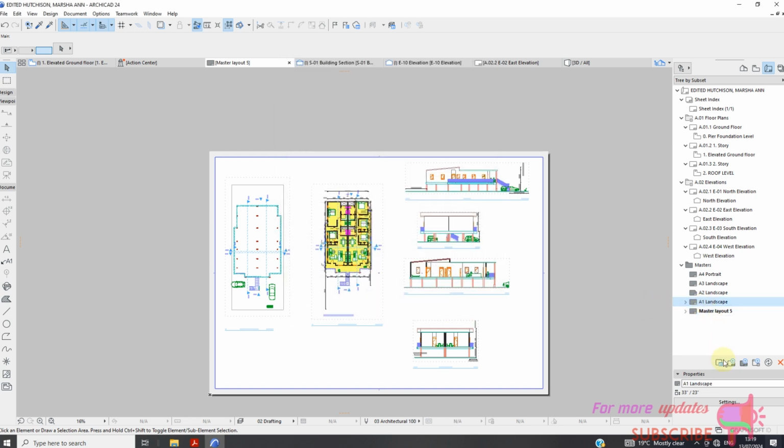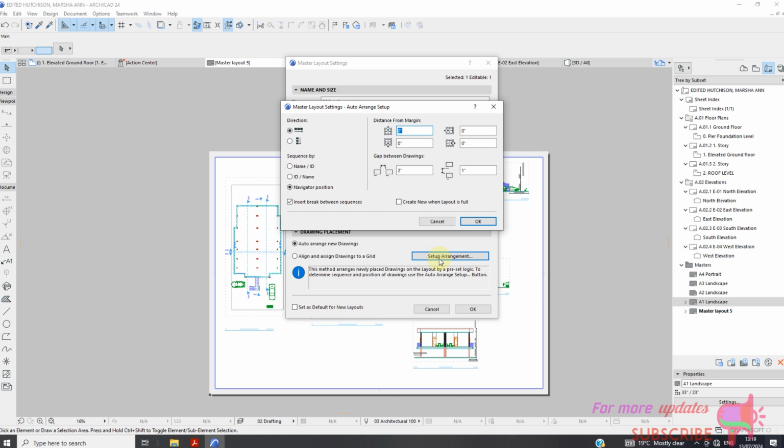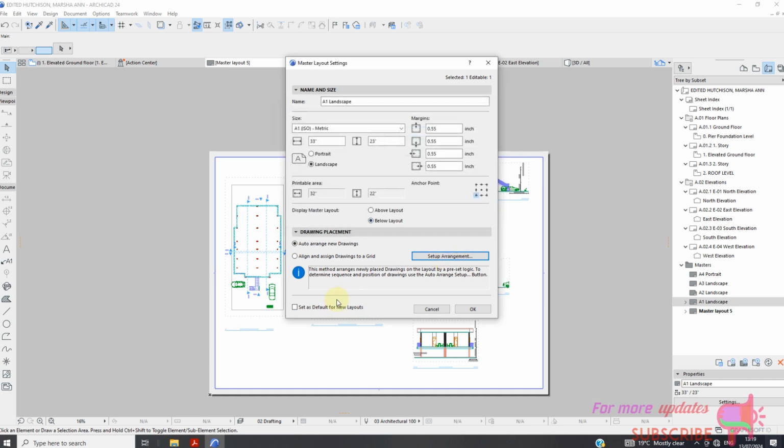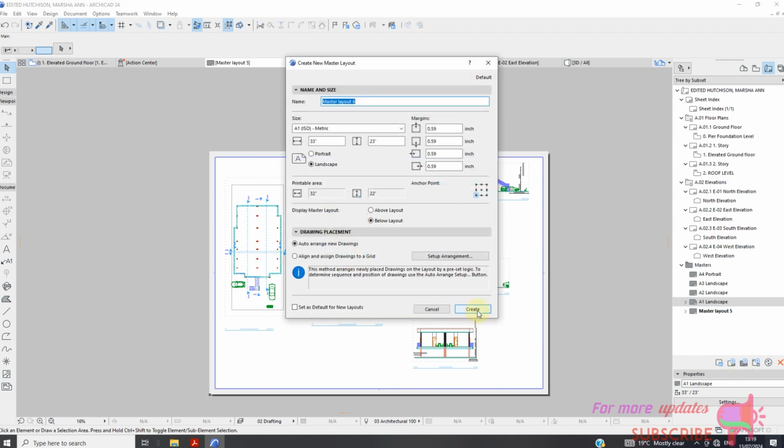I may change the settings. And I want to set this A1 landscape as default for new layouts. Okay, so that if now I create a new layout,